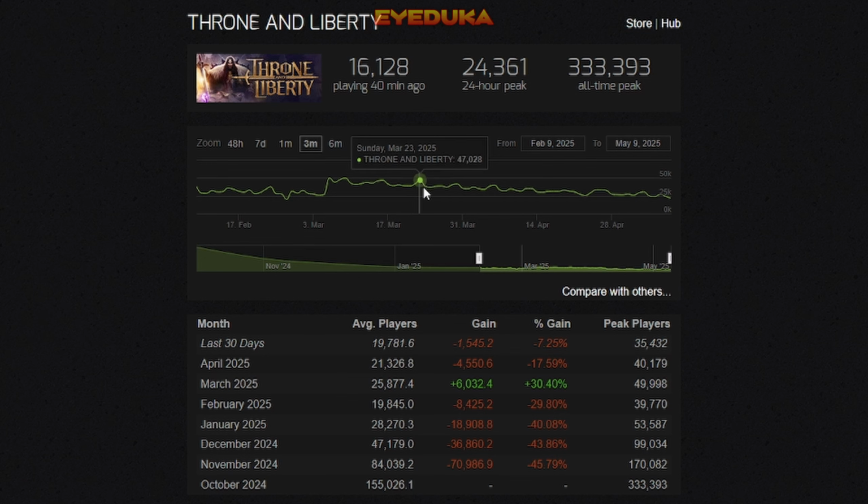Like you have this going up and down, but every next low is lower than the previous low. And every next high is lower than the previous high. So that's a decline, it's always declining. And you get to a point where you see here, that's the expansion, 50K. Then going to every single spike, 45, 46 here. Here's like 47, kind of in this range. Then here we only have about 41. Here we have a small spike, 37K. This one is 40K, it's 35K. And you see every next one over a period of time, 30K. And then right here, that's the most recent one, 24-hour peak, 24K. So that is steady decline.